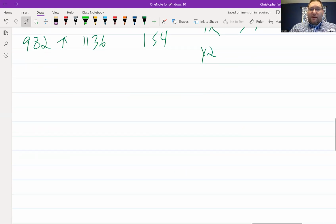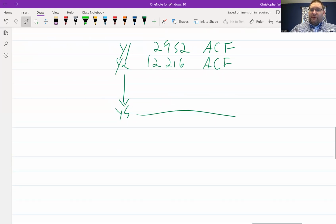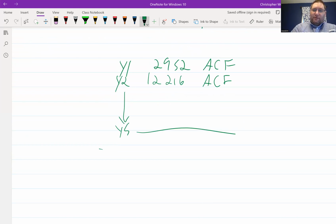another thing you can consider is in year one, we discussed and looked at it earlier, I think it earned like 29.52 in annual cash flow. Well, since rents have gone up, now I don't anticipate them going up significantly like they did last year, but in year two, they went up to 12,216. Now, if we were to extrapolate that down to year five, the total annual cash flow that you would receive from this house in 5 years is